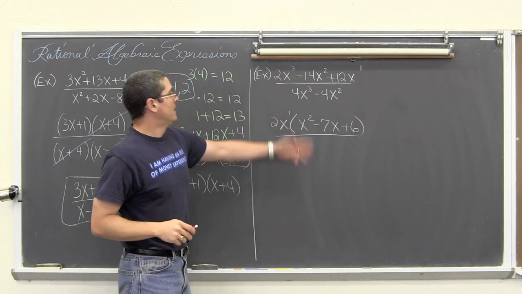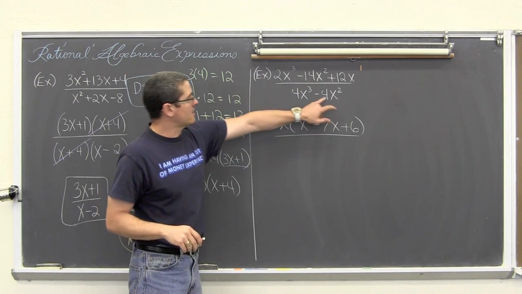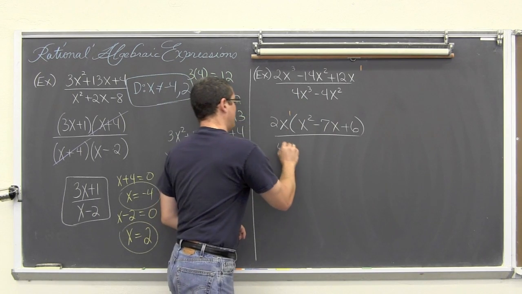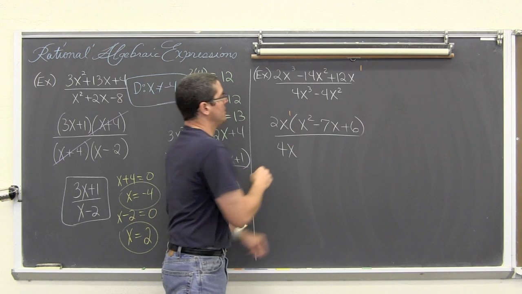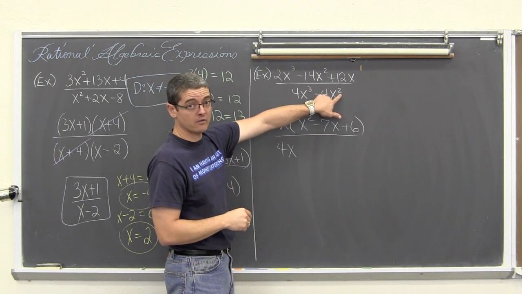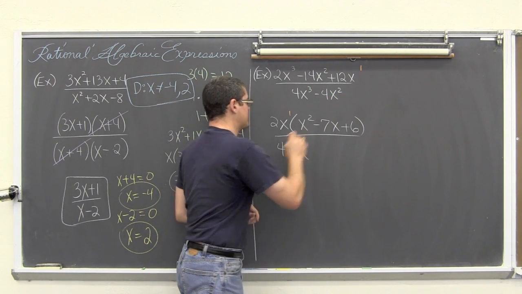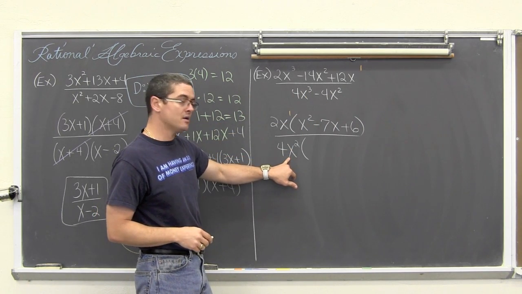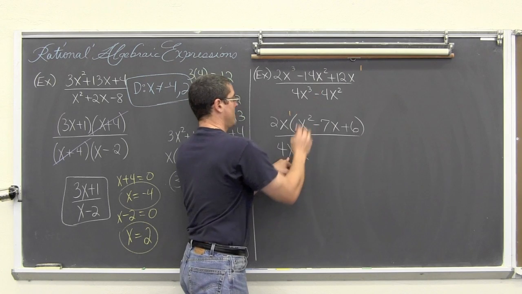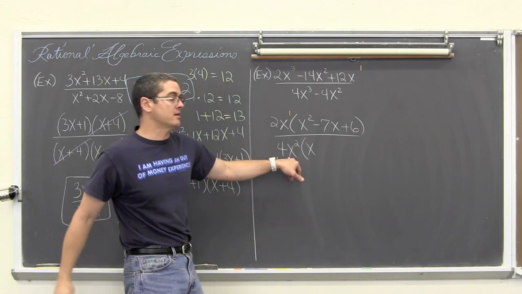All over. We have a common factor of 4, so we're going to take that out. Both of these terms have an x in them, so we can take one out, or we can take two of them out. Lowest power, lowest exponent. So 4x to the third divided by 4x squared: 4 divided by 4 is 1. You have 3 x's, you take two of them out, you're left with 1x.